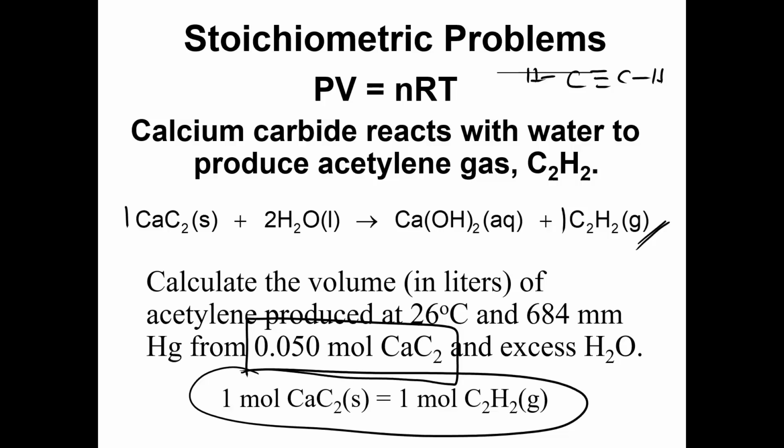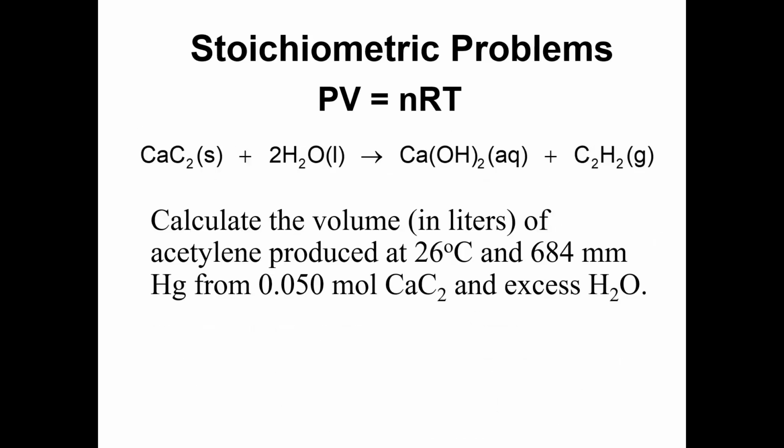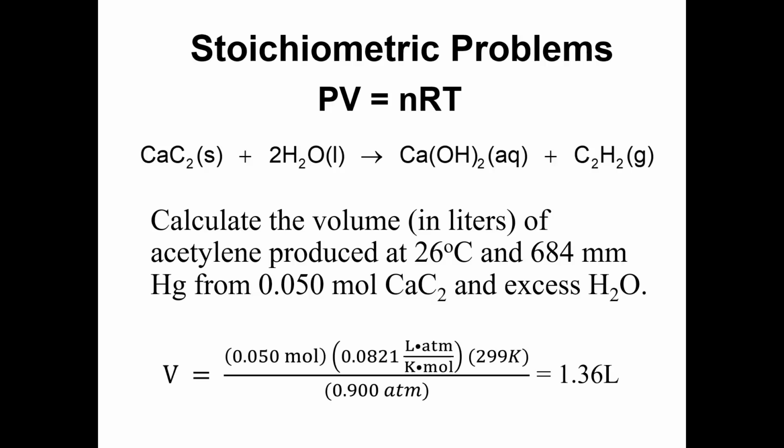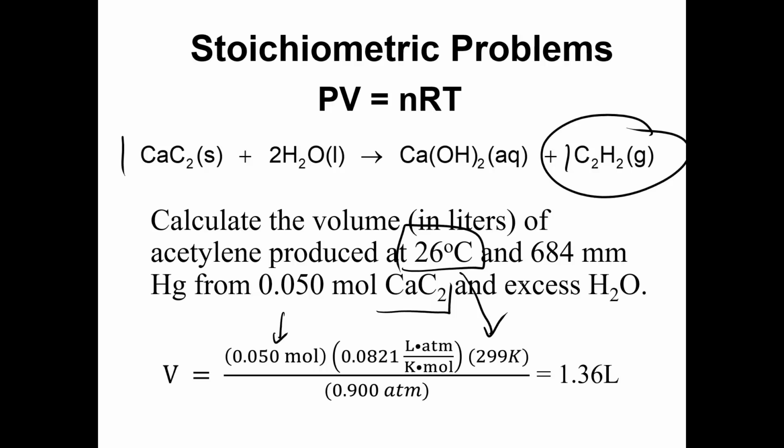So we are asked for volume, so it's PV equals nRT, and I'm not 100% sure if I have a blank space here, so I'm just going to bring it up, but it's not a big deal. It's just PV equals nRT solved for V. The number of moles of calcium carbide in this case is in a 1 to 1 ratio, so we can just plug that in for acetylene. Ideal gas constant, temperature has to be converted, 26 plus 273, and then this has to be, of course, millimeter mercury is like torr. So